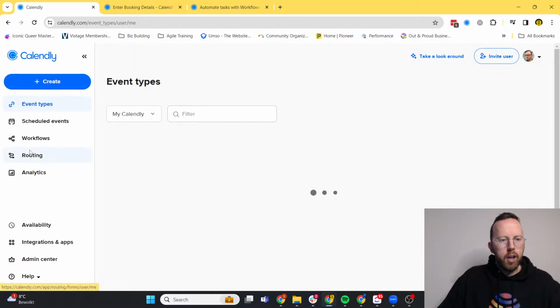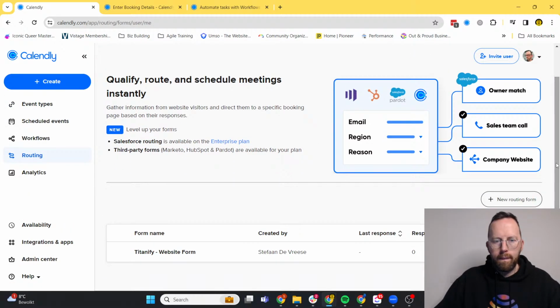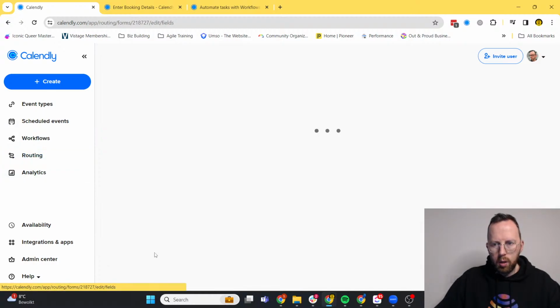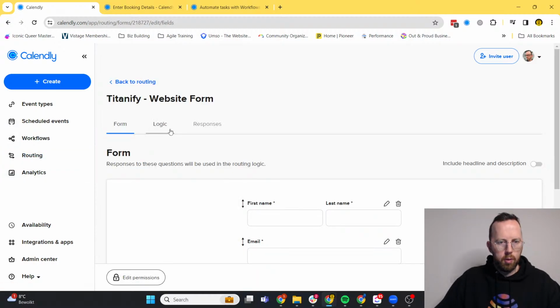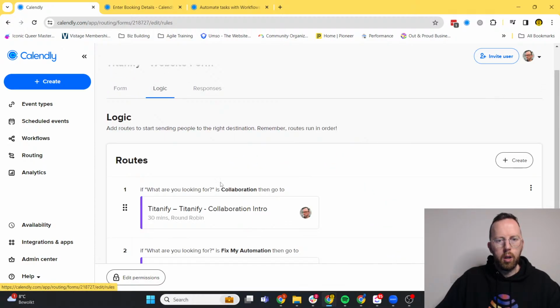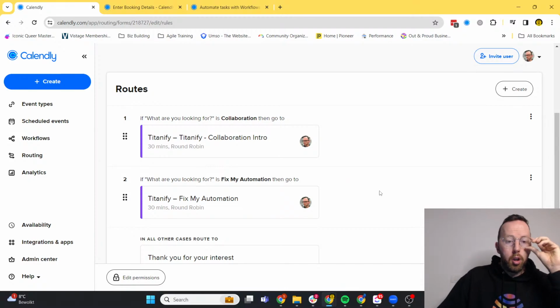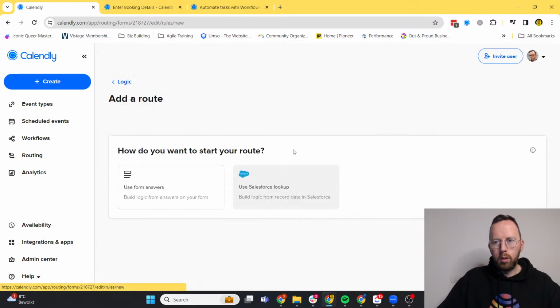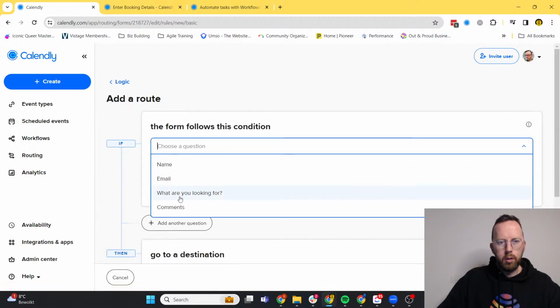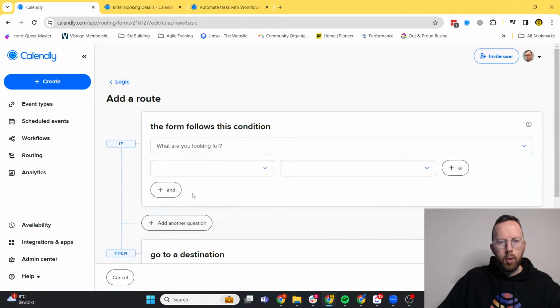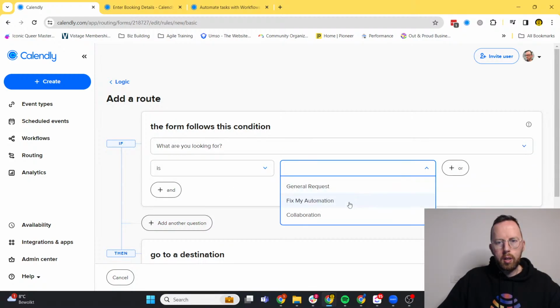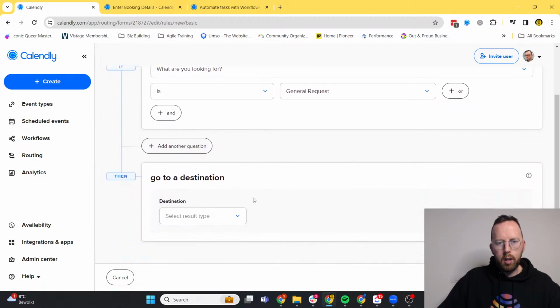Bueno, so then, okay, I wanted to add that, no, not the workflow, oh yeah, routing, yeah. Oh yeah, this is the form, yeah, okay, and then we have several logics, okay. So fix my automation, and then the last one, and that I'm not sure yet how that will go, but let's see. So I want that. What I'm looking for is general requests, right? Go to